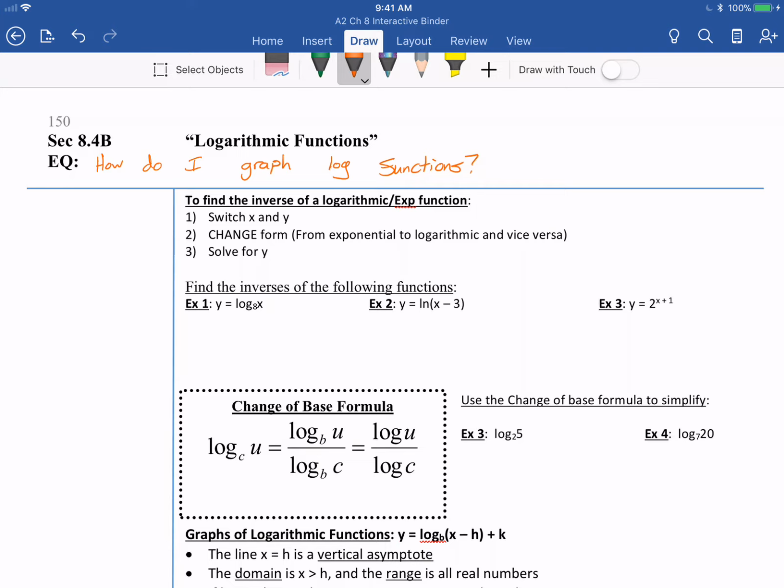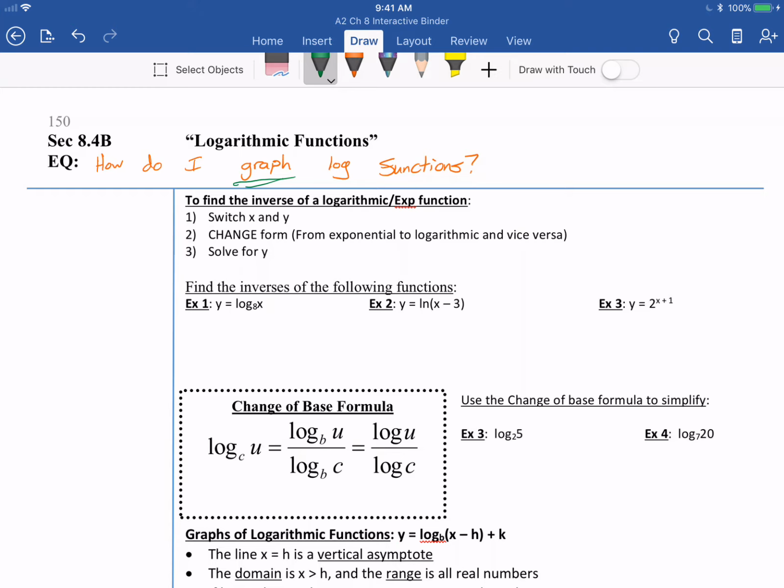So today we're looking at the second part of 8.4, and really today we're going to build up to this graph. All right, we're going to graph logs today. We have to get into a little bit more about moving some things around with logs and working actual mathematically with logs. But then in the second part of the notes here, we're going to talk about how do I actually graph them? All right, so to start us off here, we have to find an inverse of log